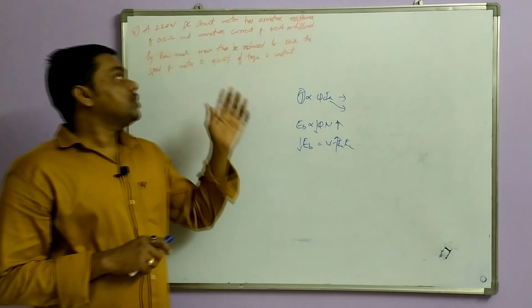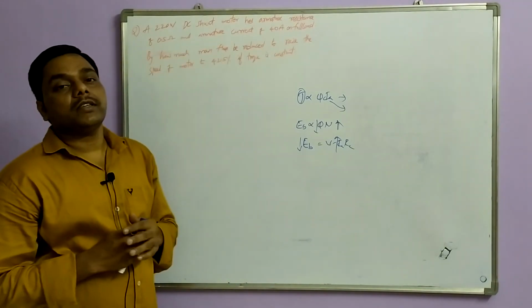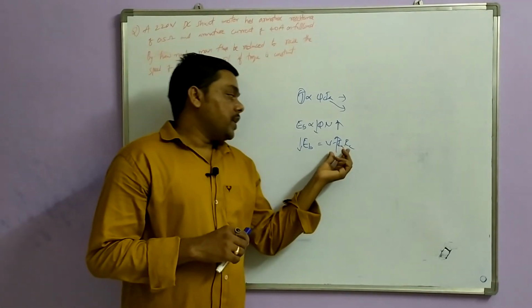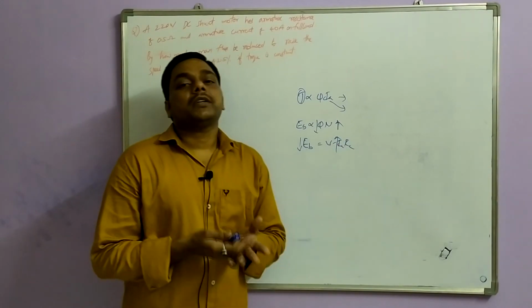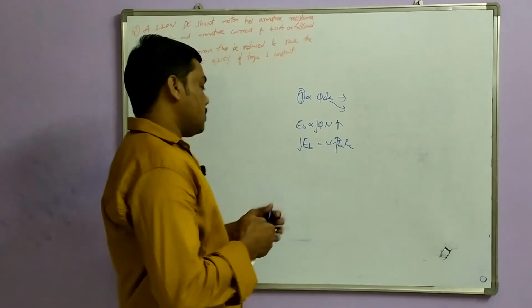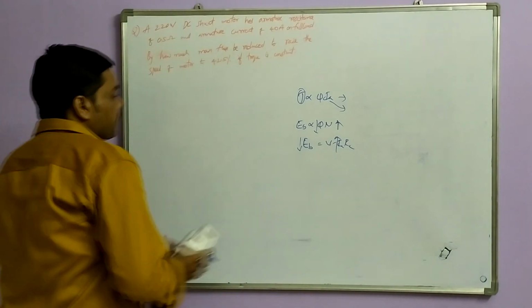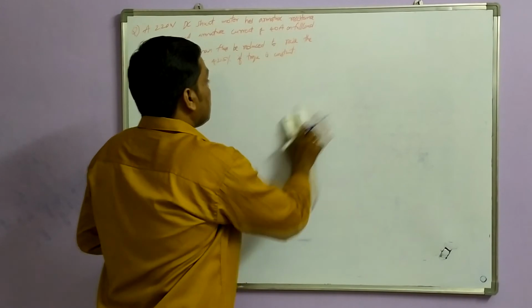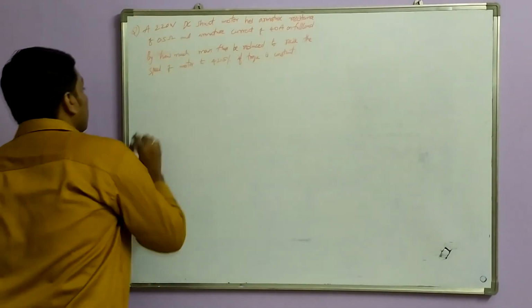Since no initial flux or increase in flux is given, we have to evaluate in terms of armature current, then it will be easy to understand. Now we'll go for the solution. Now the solution is given by